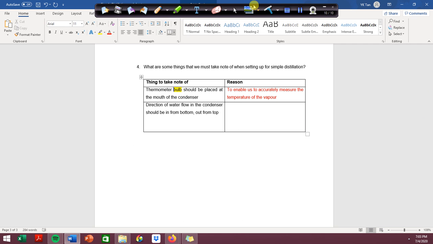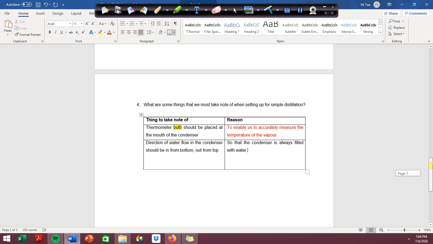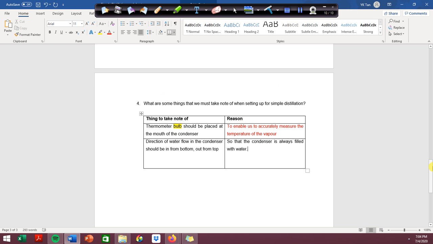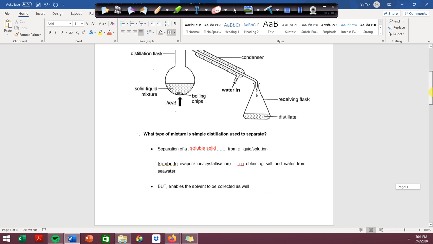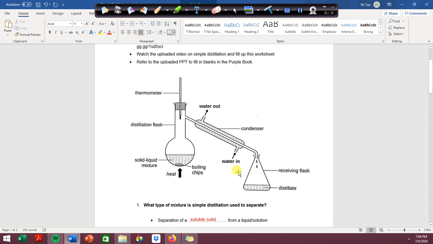Okay, finally, the direction of the water flow in the condenser should be in from the bottom and out from the top, so that the condenser is always filled with water. You may not know what I'm talking about, so I'm going to explain a bit further. Now, if the direction of water flow is reversed, meaning that water comes in from the top